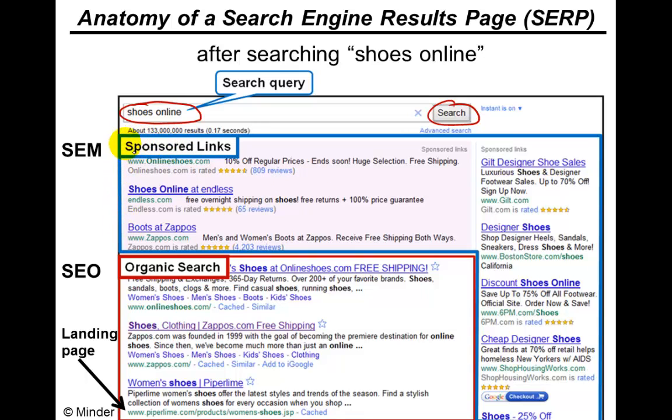This portion surrounded by the blue boundary line is what we call search engine marketing. People can purchase keywords to display their ads on the search engine result page, which we refer to as a SERP, S-E-R-P.